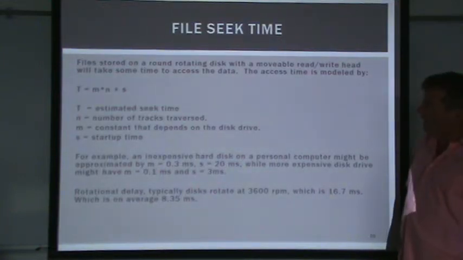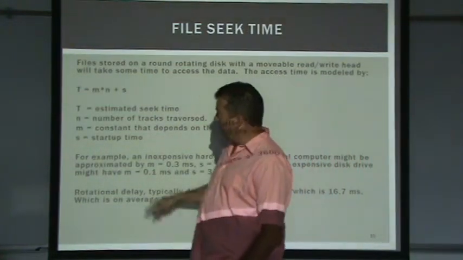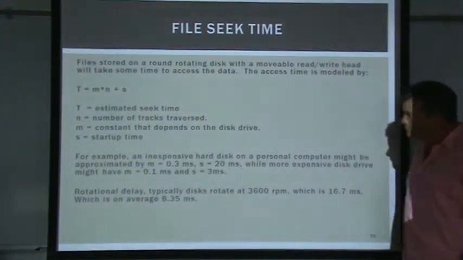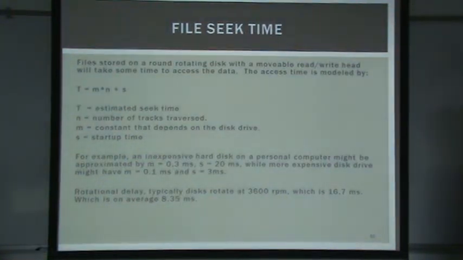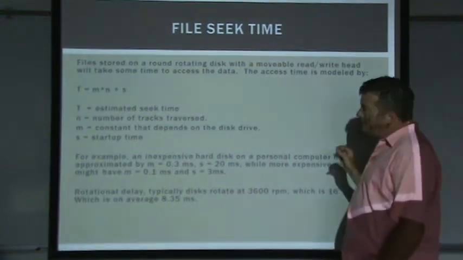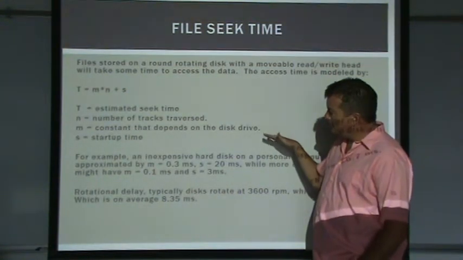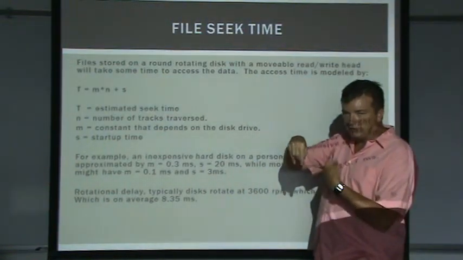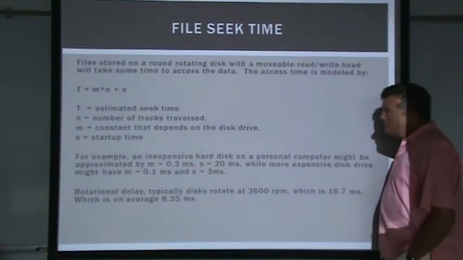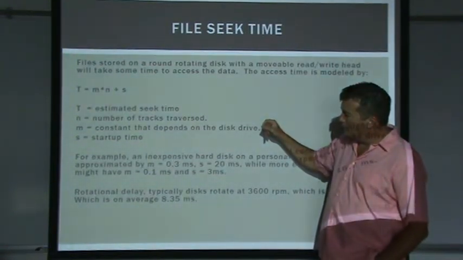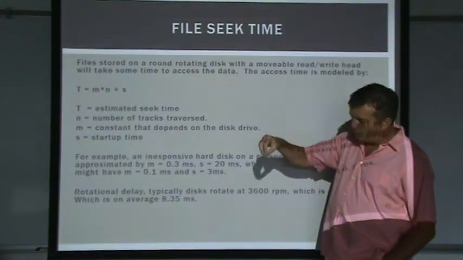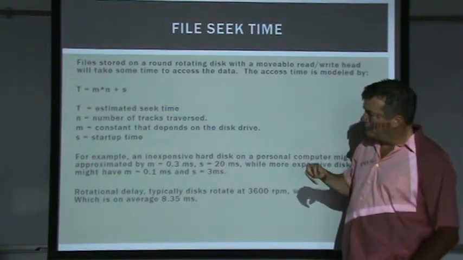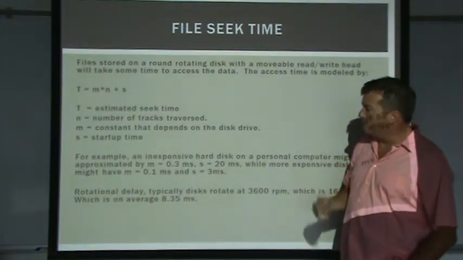So we want to have an average time it takes to read a file. We'll calculate the amount of time to read the file, and we'll just say it's the number of tracks we're going to have to traverse. How many tracks do we have to visit to grab the file? And then a constant that's dependent on the disk drive. How long does it take for the disk drive, the read and write head, to get to where it needs to go and the disk to spin to line up the location? For every track that we have to grab, we have to take the time to get to that track and for the track to spin around to us.